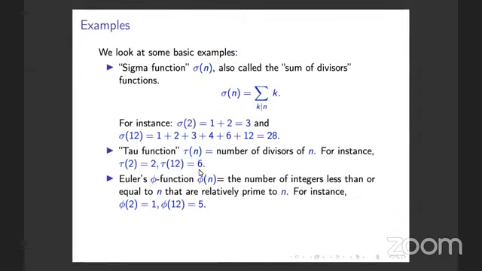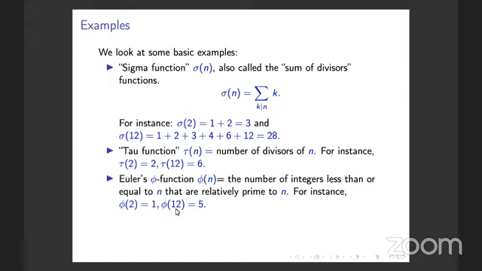Now the other function which we have all seen is the Euler phi function. The Euler phi function is the number of integers which are less than or equal to n and which are relatively prime to n. Which means you collect all the integers less than n such that n and these integers do not have any common divisor. For instance, 2 is a prime number, so phi of 2 is only 1, because the only integer less than 2 which is relatively prime to 2 is 1. So phi of 2 is 1.